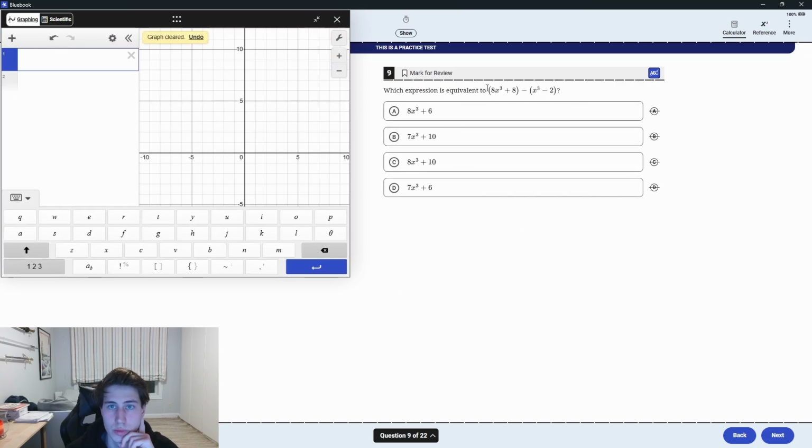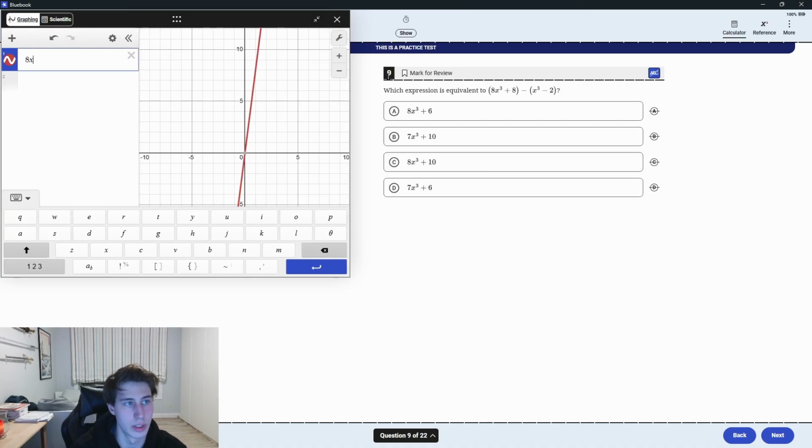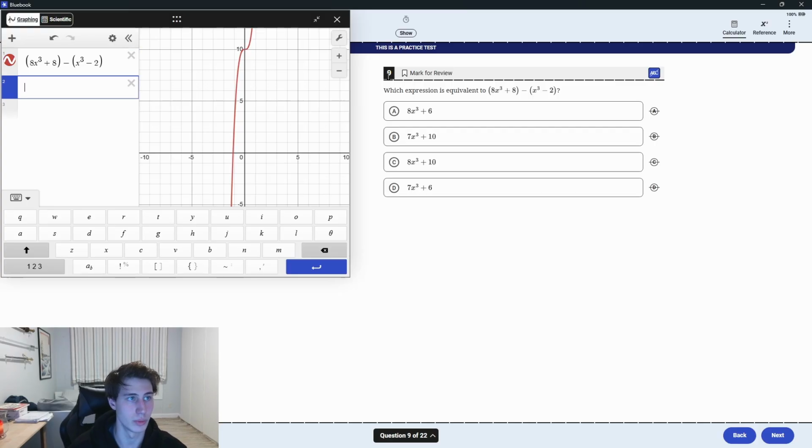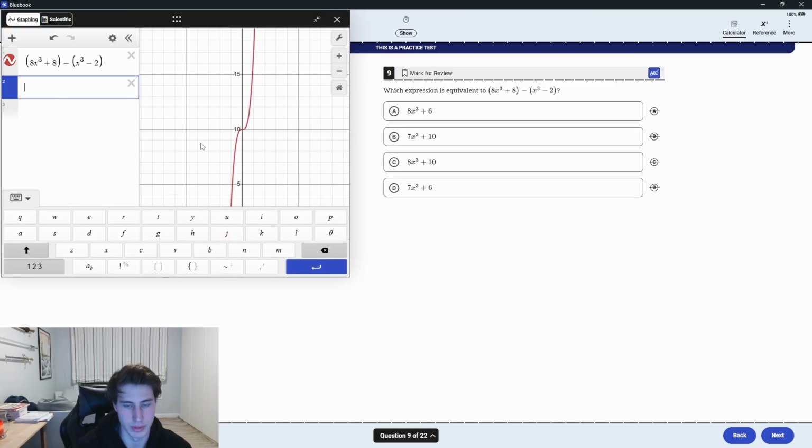Which expression is equivalent to this? So there's two ways of doing this, either algebraically, where you just subtract the numbers, or you can actually type in these two equations and then find out which other equation equals it. So for example, we type in the original equation here and we get a graph that looks like this. And now when we type in another, we'll try the first choice,